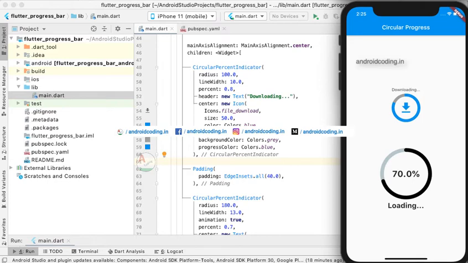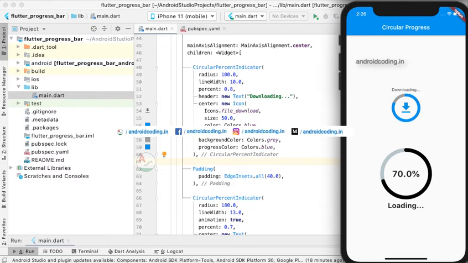It's optional again. If you want to specify any status, you can specify it with the help of this particular text. It's a header text. We have a parameter here, and also there is a parameter to show any specific icon. For example, if you are downloading any music file or any other image or video, you can specify its thumbnail, or you can specify a default icon which resembles that particular action being processed.